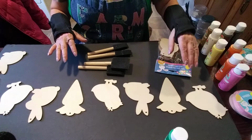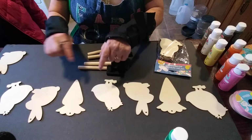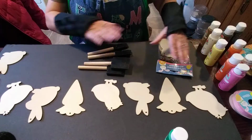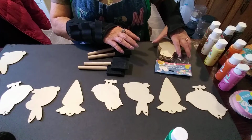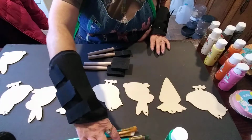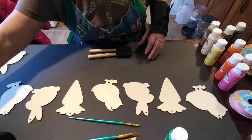And I'm doing a chick, carrot, bunny, and then over and over for as long as I want my garland to be. And you can go all carrots or all bunnies or all chicks. You can do it any way you want. And I have some paintbrushes here to do the small detail, but I'm going to be using the sponge brushes to do